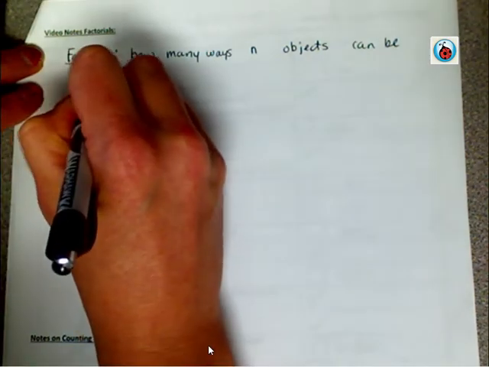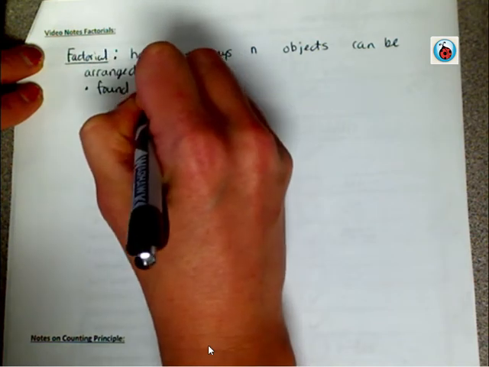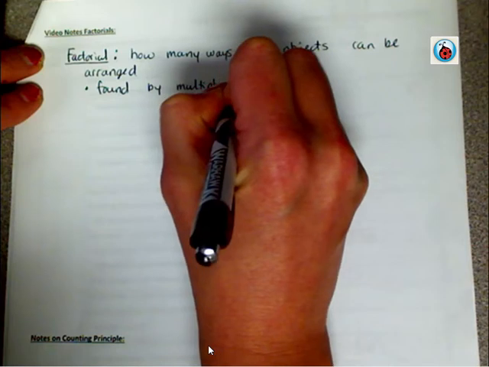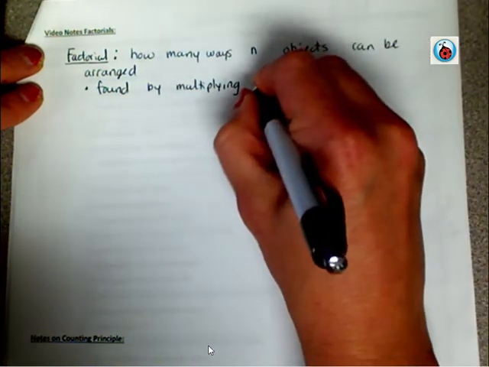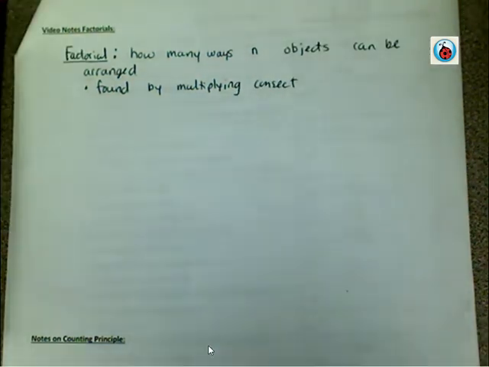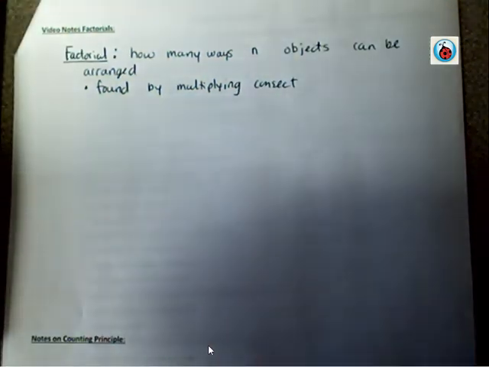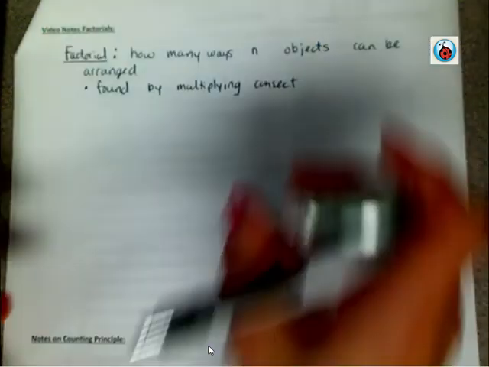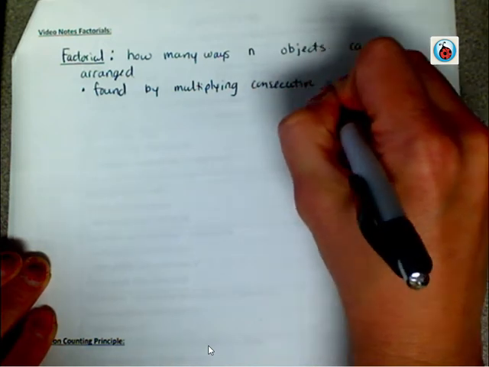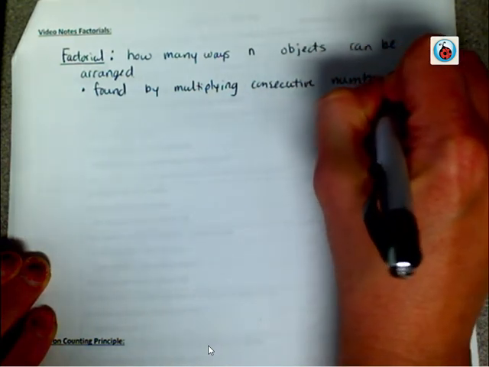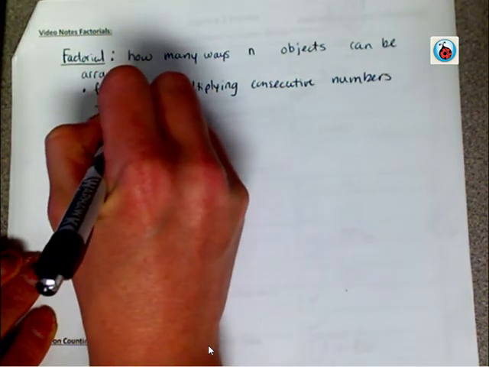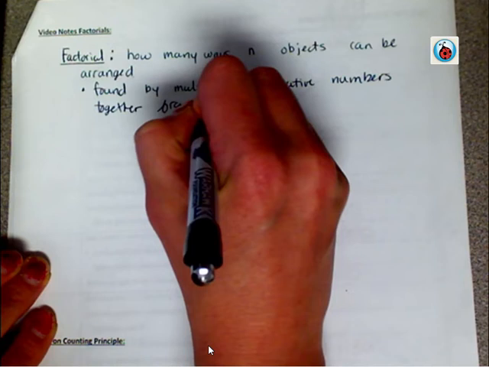And this is found by multiplying consecutive numbers together from n